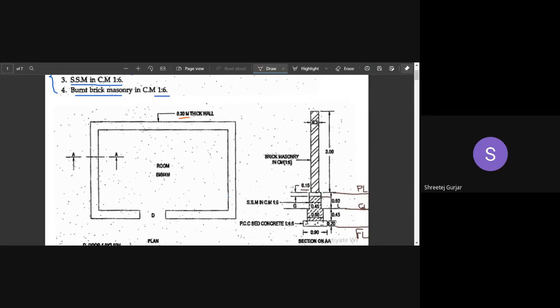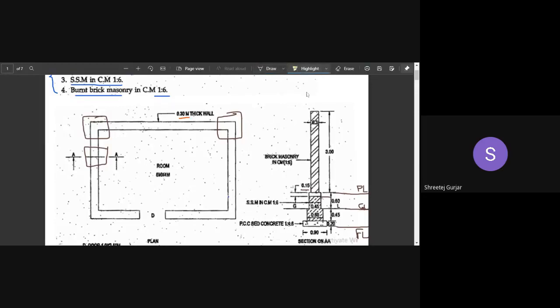So we will continue. Very important next thing: as I said, this is not a columned structure. It is a load bearing structure, right? This section A that we have seen here is running throughout. It is not just here, and it is not placed just like this or in the corner. It is running throughout.